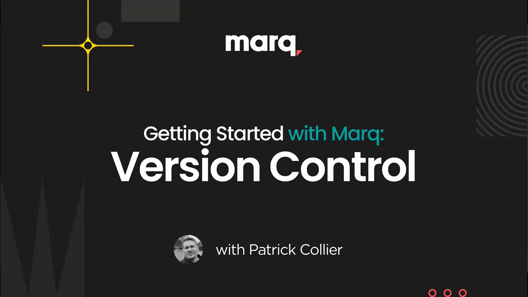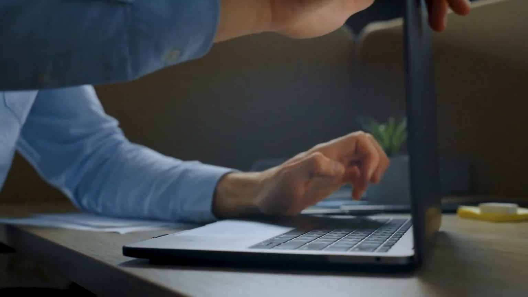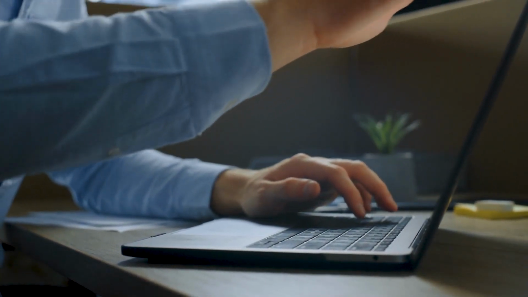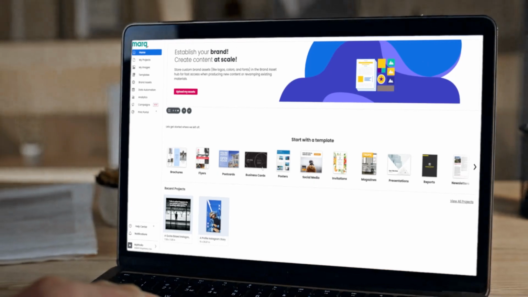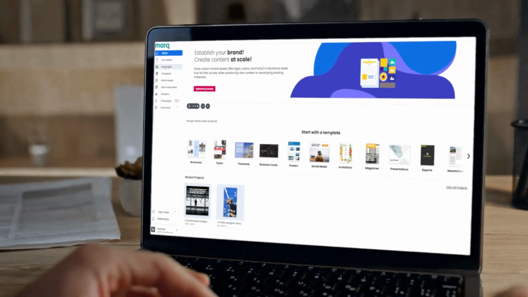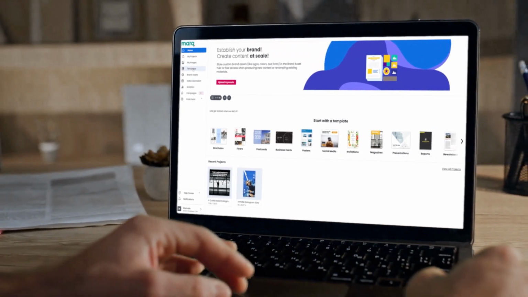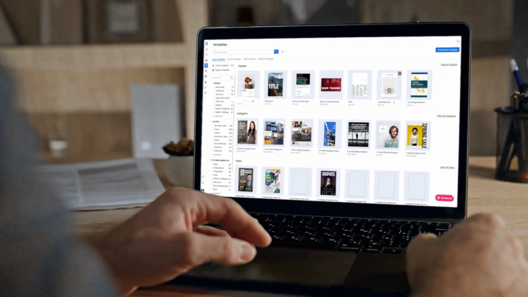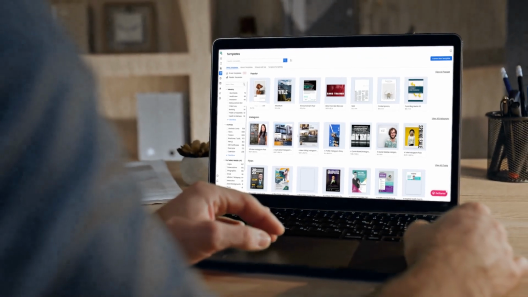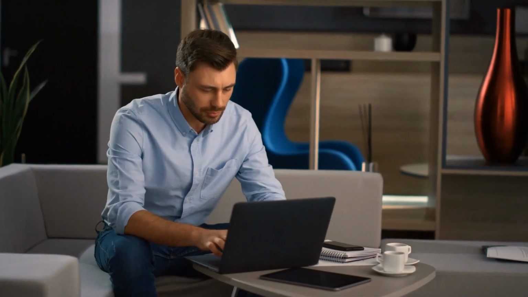One of the most important factors in using the Marq platform is comfort for your users to jump in and experiment with the platform. We always encourage users to jump in and experiment knowing that they can't break anything, and part of our reason for that assurance is version control. In this video, we'll learn the tools and features at your disposal to make you comfortable jumping in and exploring